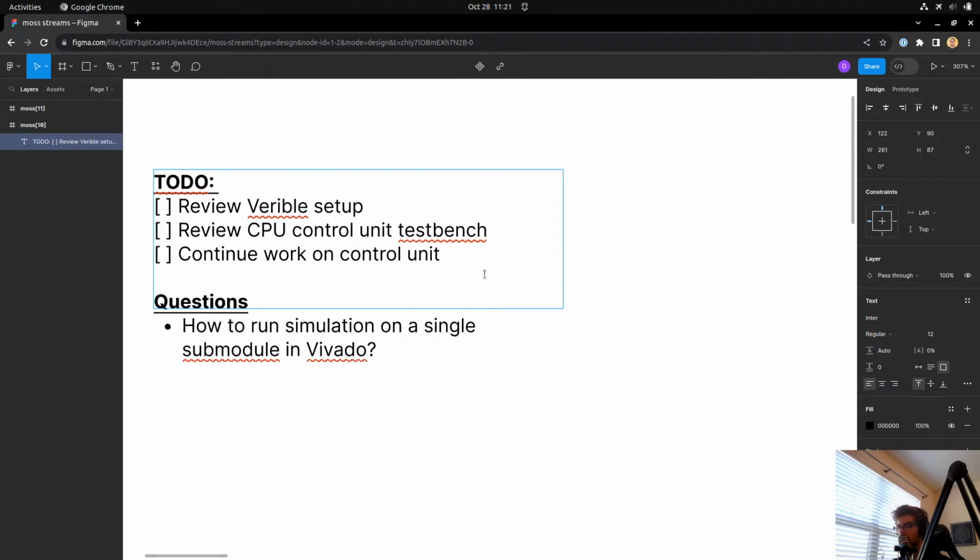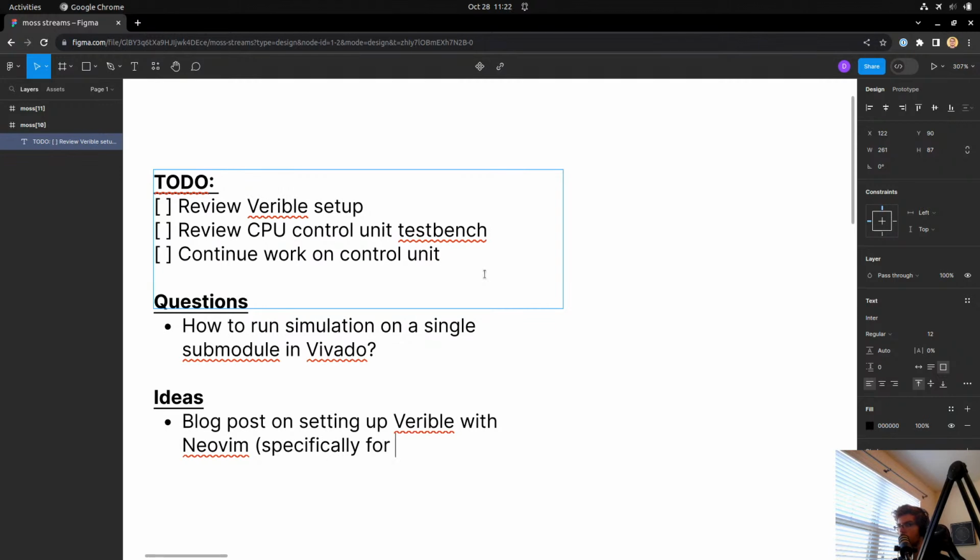Also wanted to have an ideas section. Blog post on setting up Vivado with NeoVim, specifically for Verilog.